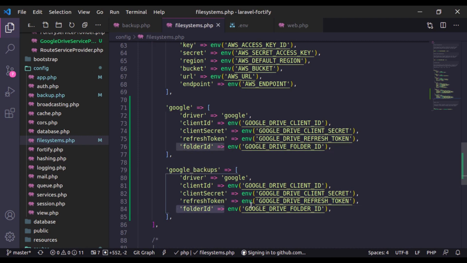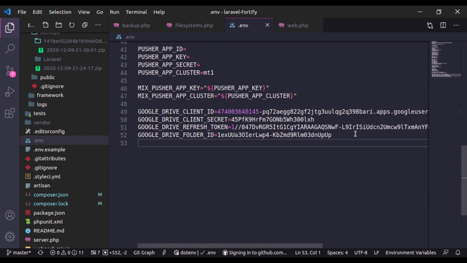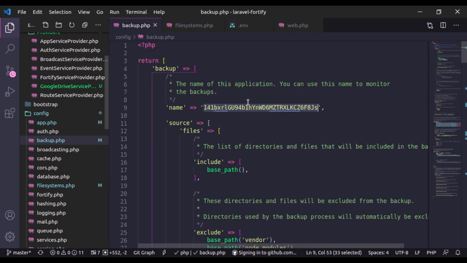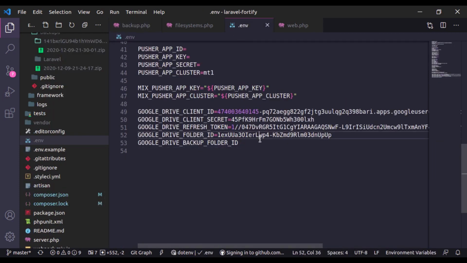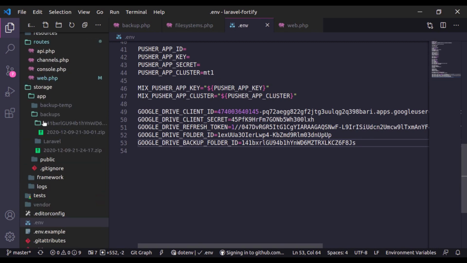For this folder ID, I'm going to say Google Drive Backup folder ID, and let's define this ID right here, and its value is this one, and let's remove this from here and paste it right here. It's done. Now this time the backup file should be stored in this backups folder.